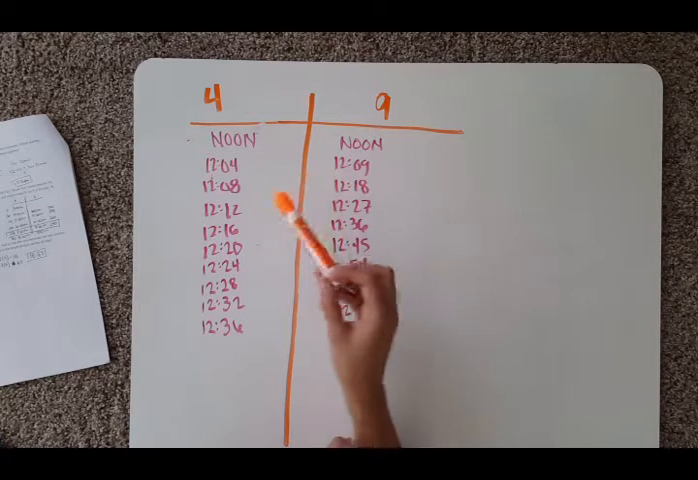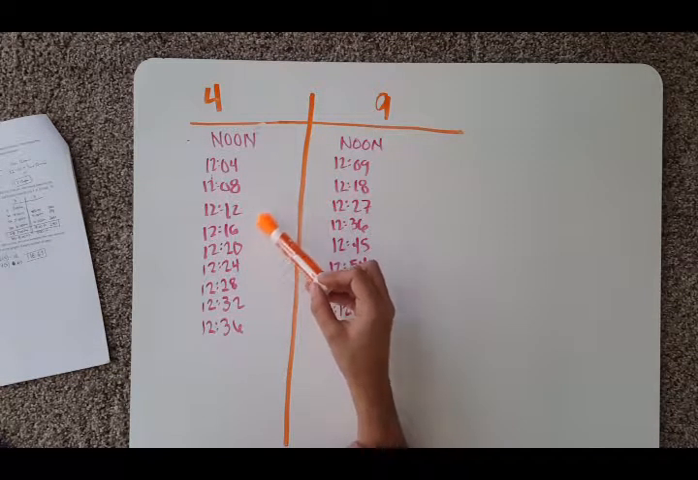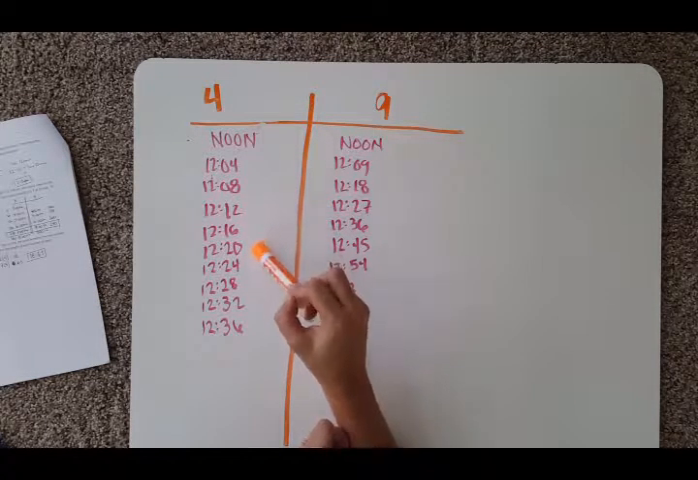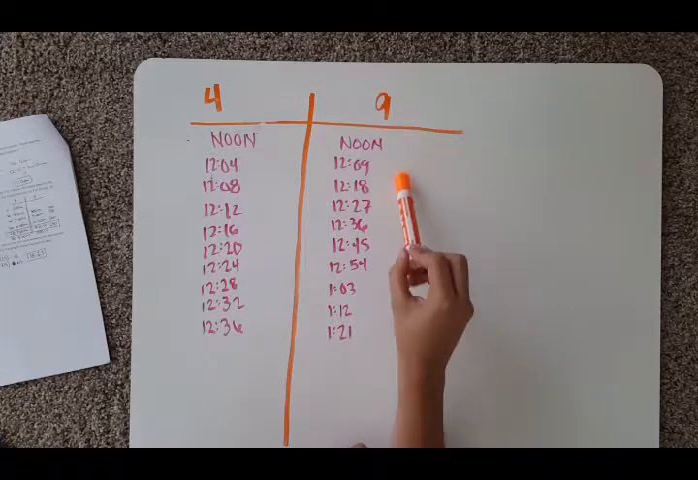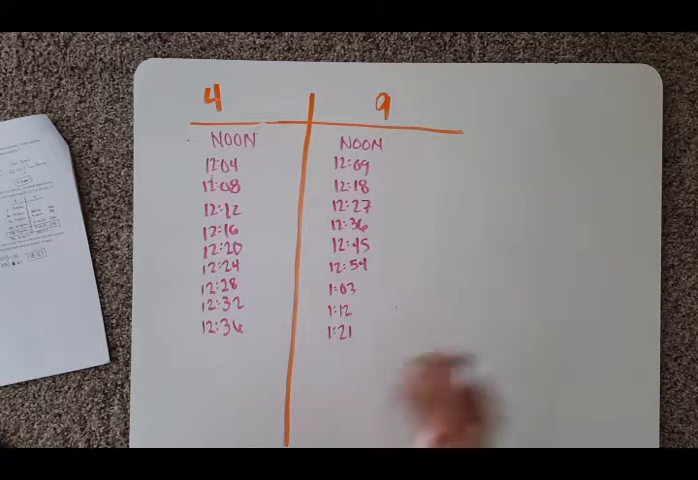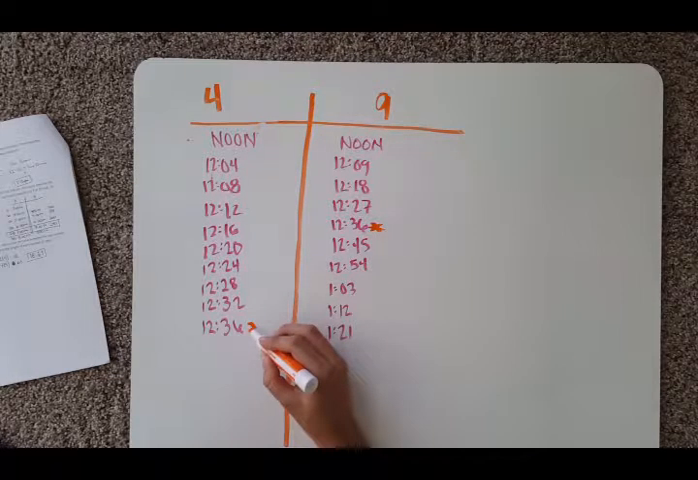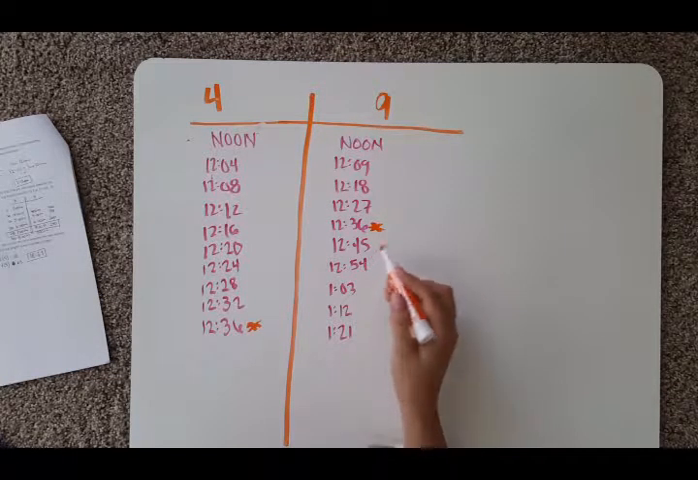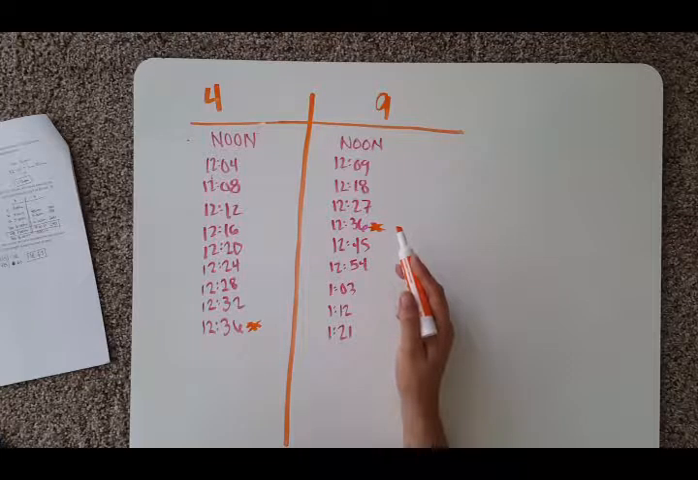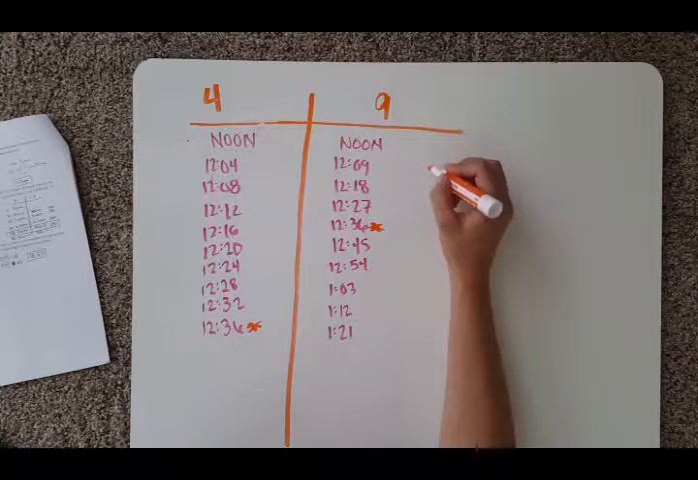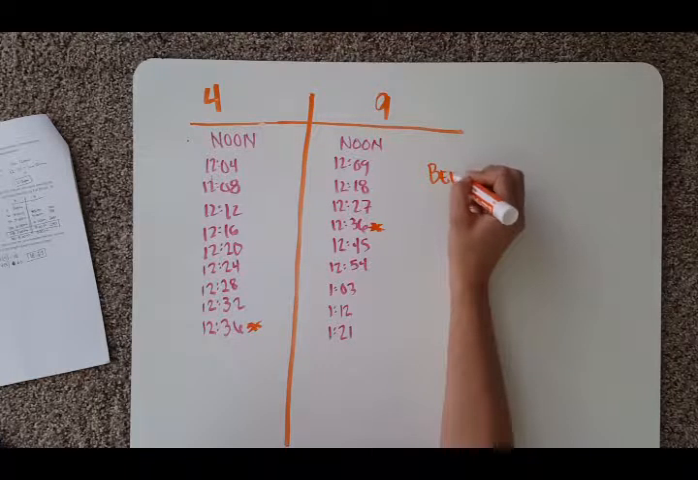So we wrote down that they both beep at noon, and then I wrote down each time that they would beep. So every 4 minutes, this watch beeps, and every 9 minutes, this one does. And then what I did is I looked for times that they had in common. And the first time that I see in common is 12:36. So that is 36 minutes after they first beeped. So, following that logic, they should beep in sync